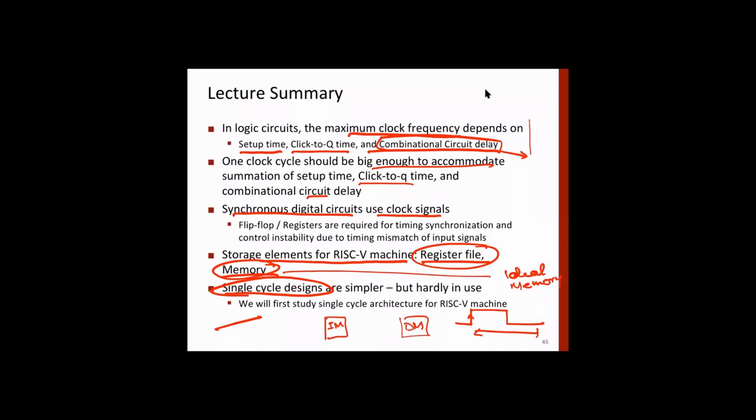The output of this register or buffer goes to a combinational logic block, and after the combinational logic block it goes to another register. So the combinational logic delay plus setup time plus clock to queue is the maximum time between two registers, and that defines the clock period. So where is the confusion coming from here?